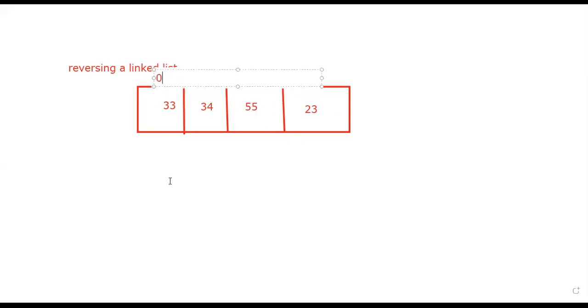So these are my indexes: index 1, index 2, this is index 3. So total how many elements are there in my array? Four. Yes, 4.